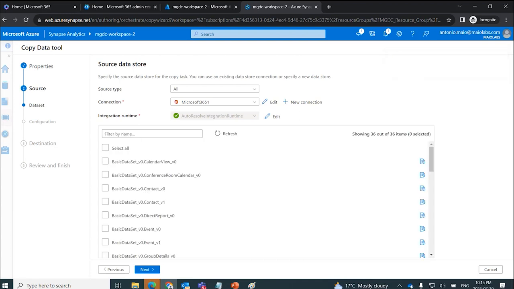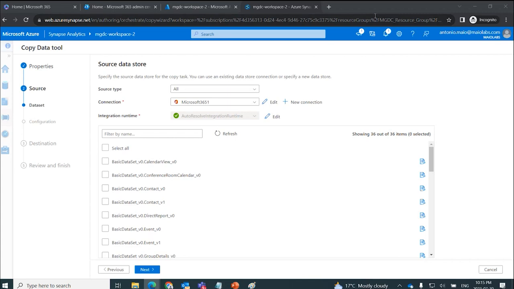Now, here's a really interesting step. This is where we choose our data sets. Now you can see there's a number of different data sets here available from Microsoft 365. There's many of them available to us. We could extract data for many different purposes. In this case, however, we're going to choose from 3 specific data sets that are related to